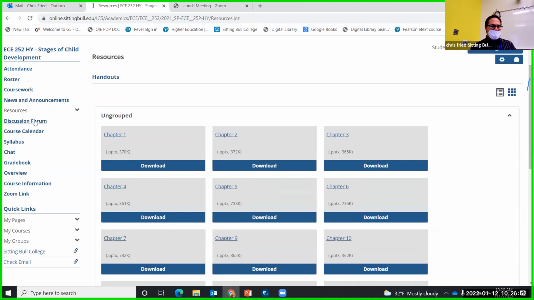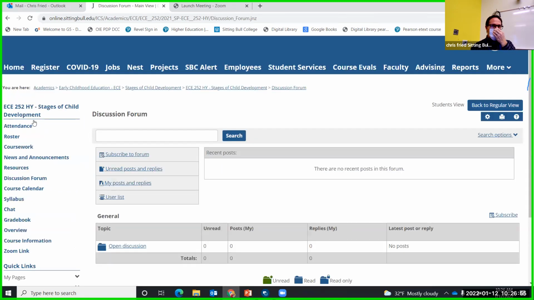The other thing that we'll use from time to time, not necessarily every week, is the discussion forum. Maybe there are some questions that I want you to answer, or some scenarios that I have you look at, and you type in your response here in the discussion forum. Right now, I don't have anything in there. We're not going to do any discussion stuff for the first couple of weeks. We'll see how the class gets started. If it's more of an online component where you're the only one here, then I'm going to have more discussion forum components for other people to do.